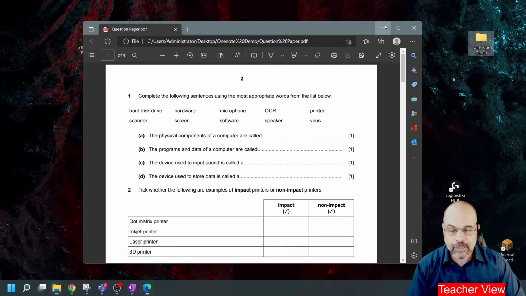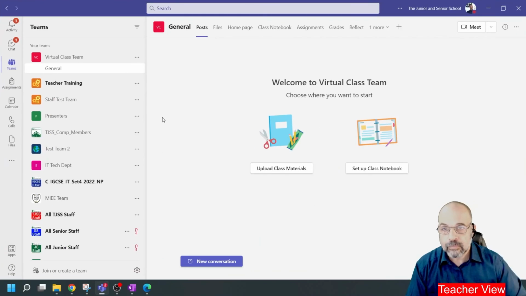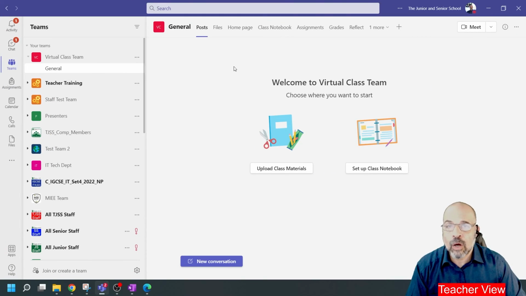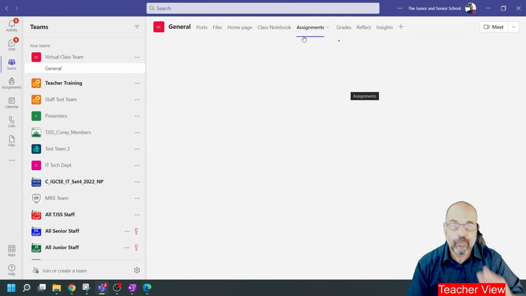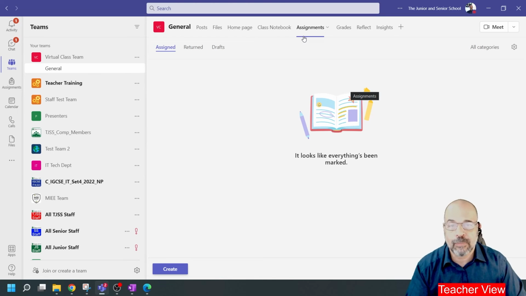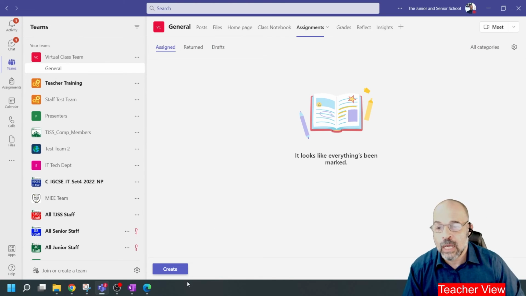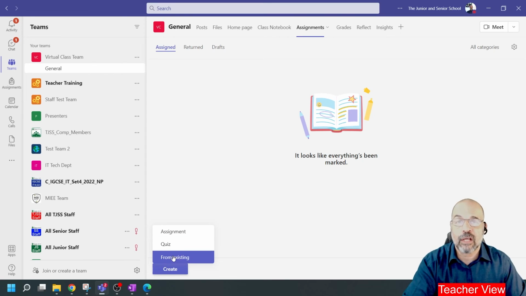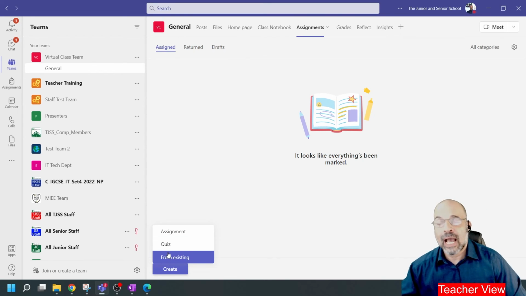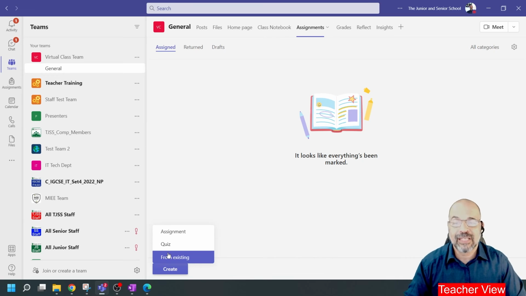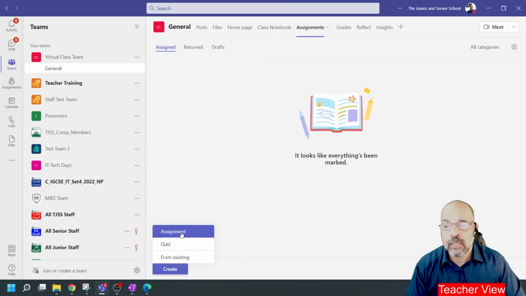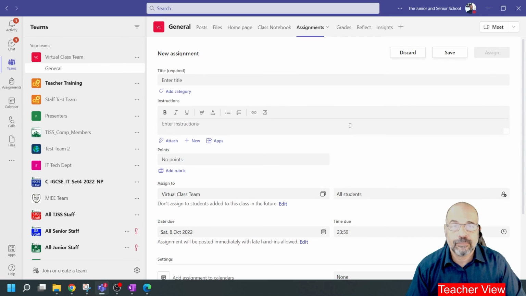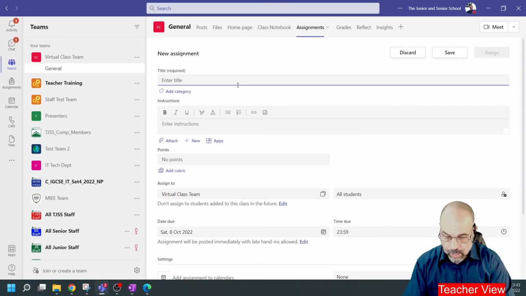So I'm going to open up Teams. For this team now, I'm going to go to my assignments. Now, I'm not going to go in too deep into assignments because that's a different tutorial entirely. I'm going to create a new assignment. If I've got an existing assignment, so if I've done this already for one group and I want to do it for another team as well, issue the same assignment, I don't have to create the whole thing again, just use from existing. So I'm going to go to assignment and I'm going to say